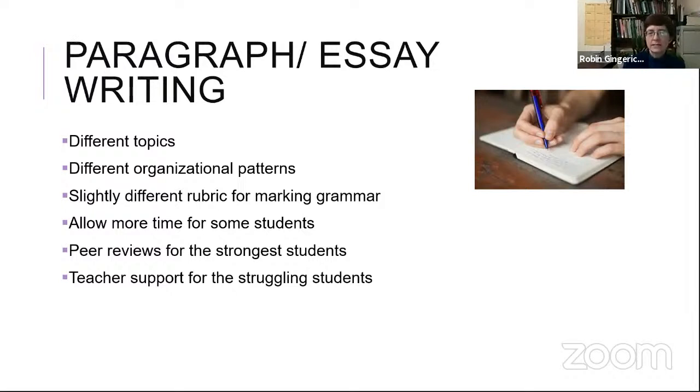Peer reviews are very difficult for struggling students. It's very hard for them to give good feedback to their peers when they do a peer review, but the stronger students could do that, absolutely. So maybe the stronger students pair with a stronger student for a peer review, and you know that they can give good feedback to each other. They have the ability to do that. Maybe your struggling students, you give them the feedback on that essay, and so they get what they need as well. So here you're providing different activities. One has peer review, one has teacher review, and you're differentiating along the way. And just supporting struggling students along the way as they come.